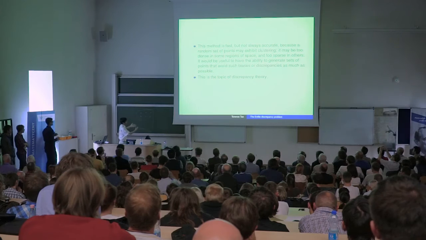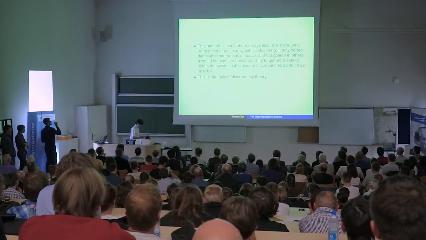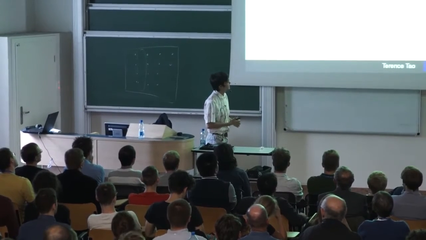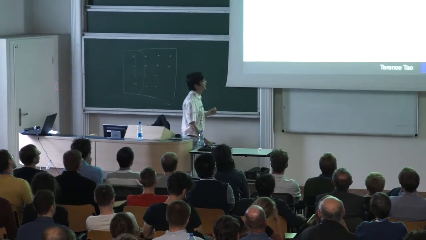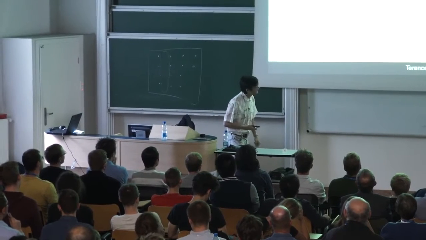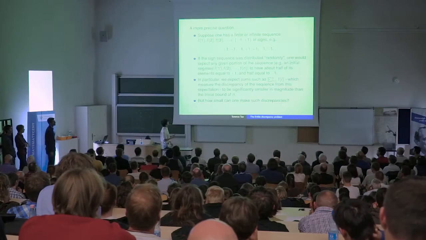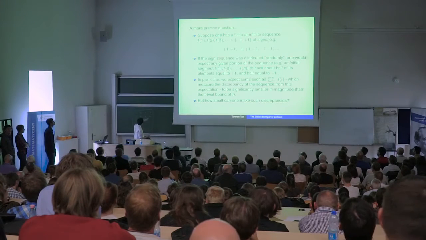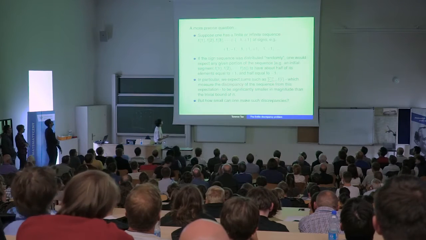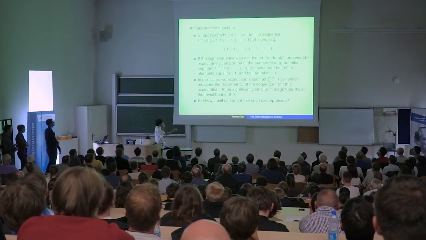You can also talk about three-dimensional, higher dimensional problems. The particular question of Erdős that we'll be talking about is actually a one-dimensional problem. So this picture was really just for illustration. There'll be no more two-dimensional pictures in this talk. It's all one-dimensional. So instead of thinking about points in a square, the discrepancy problem is actually about a one-dimensional